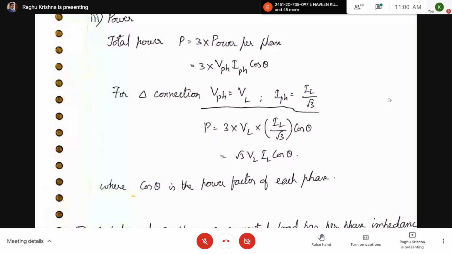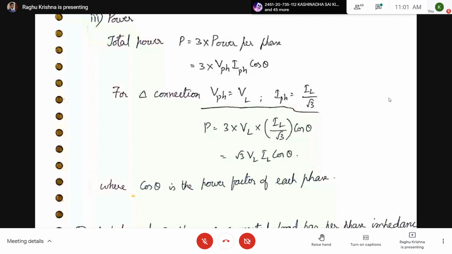For this V phase I phase cos theta, how you got it was explained in the previous class. So here there are two methods. The first one is using integration. The second one is a simple method, that is P equal to I square R. Introduce Z, multiply numerator and denominator with Z. So you take IZ into I into R by Z. What is IZ? IZ is equal to supply voltage V. I remains the same. R by Z is cos theta. So here power is equal to VI cos theta, which is equal to I square R.